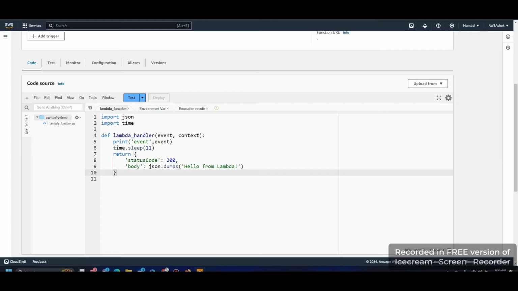Hi guys, in the previous videos we have seen what SQS visibility timeout is, A to Z. If you see the previous videos, you will know what visibility timeout is and you can answer any question on visibility timeout. So this video is just a summary of that visibility timeout. So we have created one